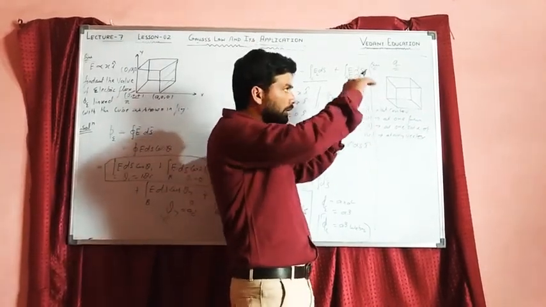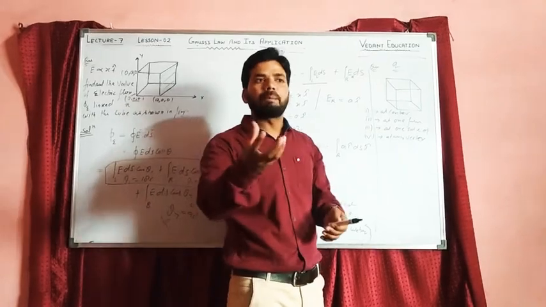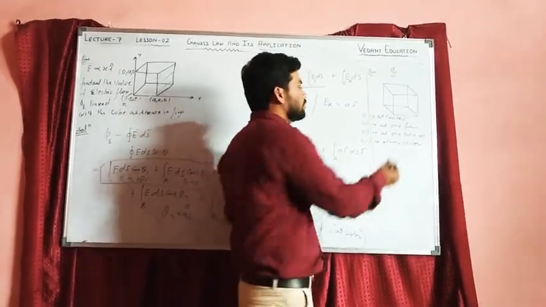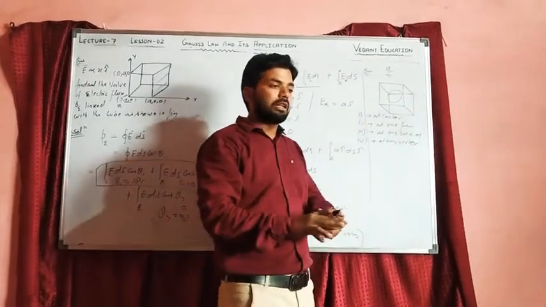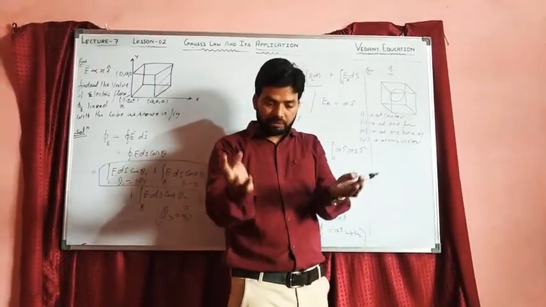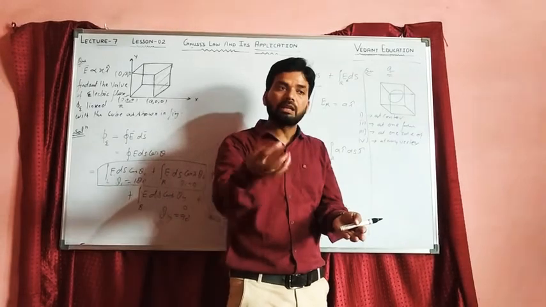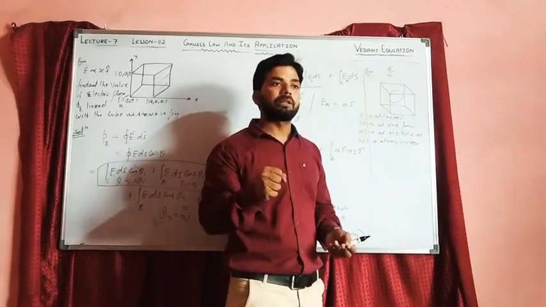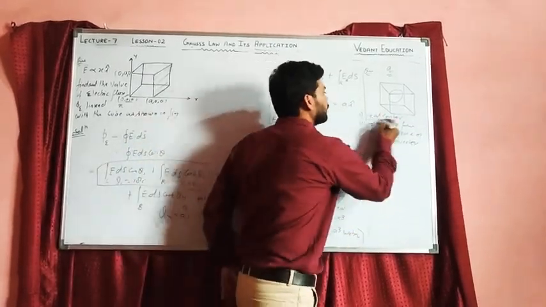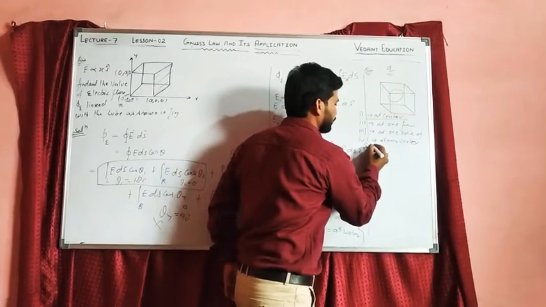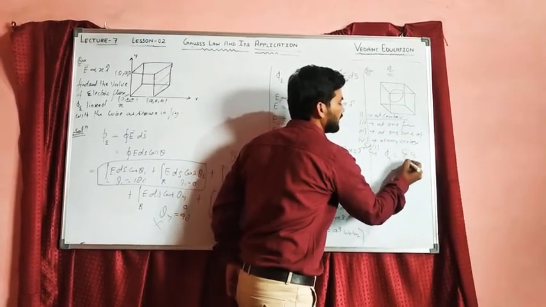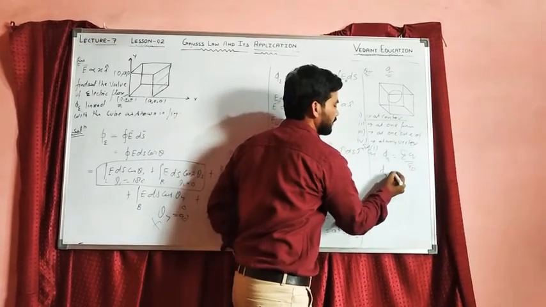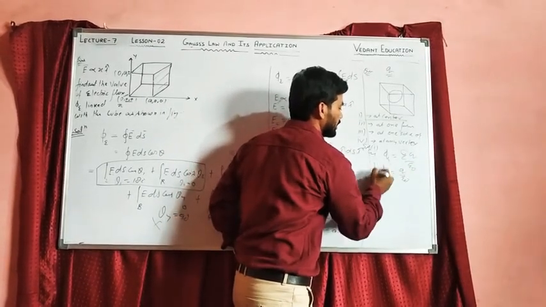we should plot a Gaussian surface like a ball, a sphere. So the sphere will come inside the cube, right? It means the Gaussian surface we plotted comes completely inside the cube. So with the help of Gauss's theorem, for the first case phi equals summation q by epsilon 0. So this is the net flux for the first case.